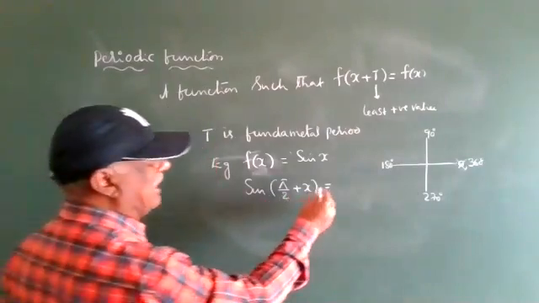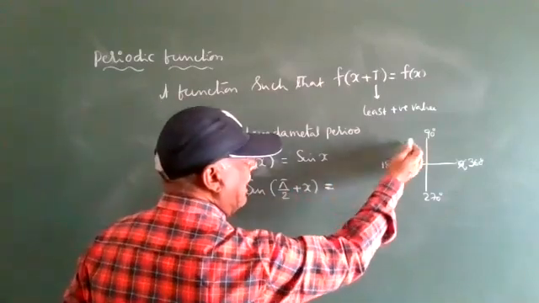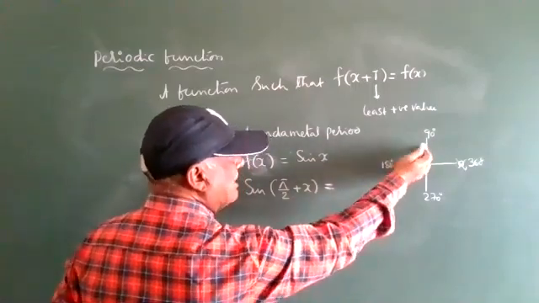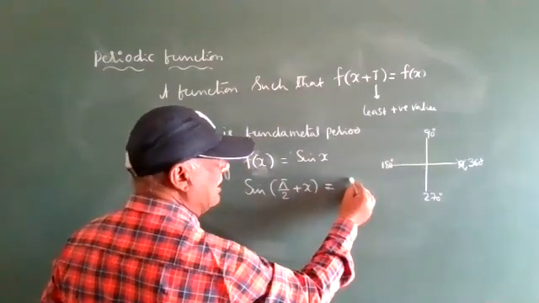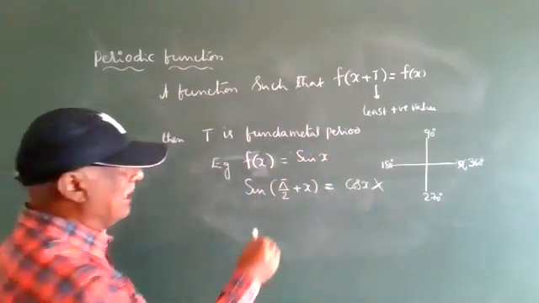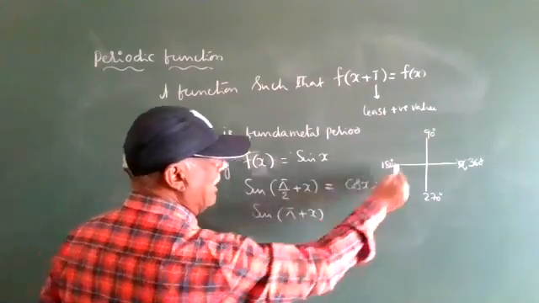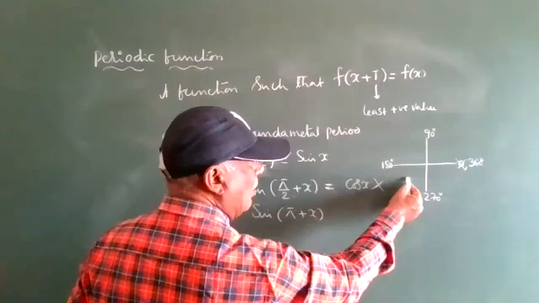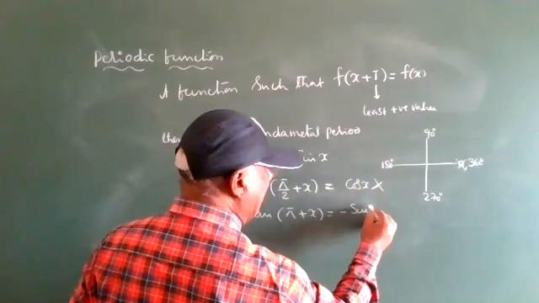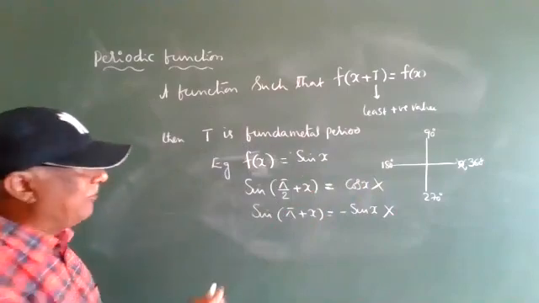Right. Sine of 90 plus x: above 90 is the second quadrant, and since it is crossing 90, the name changes to cos x. This is not the same sine x. Okay? Sine of 180 plus x: above 180 is the third quadrant, sine is negative, and 180 keeps the same name, so minus sine x. It is not the same plus sine x, we get minus sine x, so it also fails.